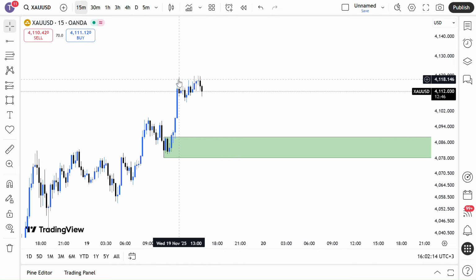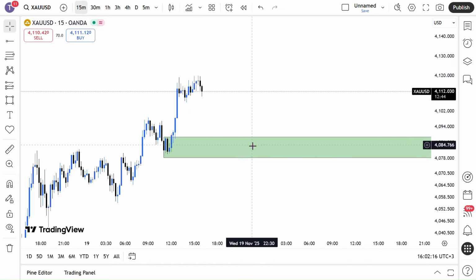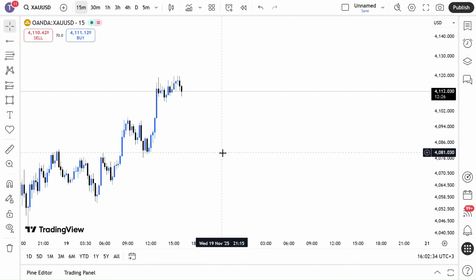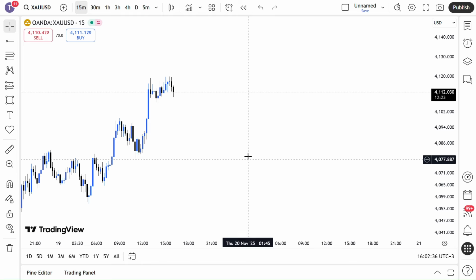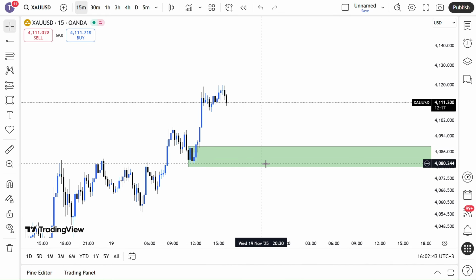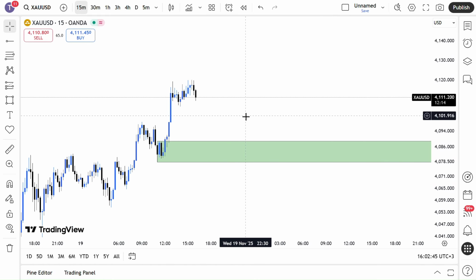But we can use confirmation before an entry to confirm our buyers from this area to the upside. So let us wait for price to come into this area before we have that confirmation. You can use a change of character, let's say maybe in the lower time frame, or you can also use a candle confirmation before you have your entry to the upside. And I think that will be very, very important to wait for a confirmation before we have any entry to